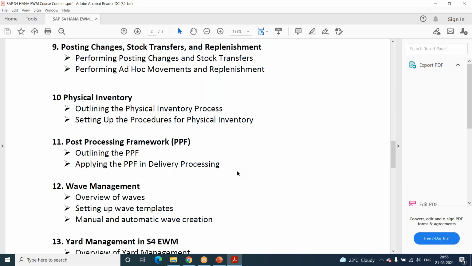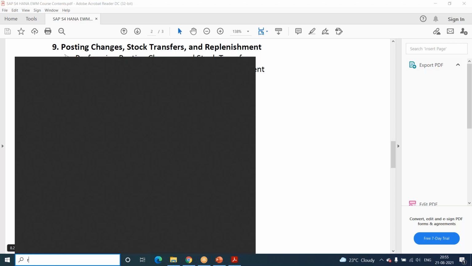For that master data, any template you are going to share? There is no template in the master data. We have a separate transaction for the product master. So in the embedded version, I will show you in the system.